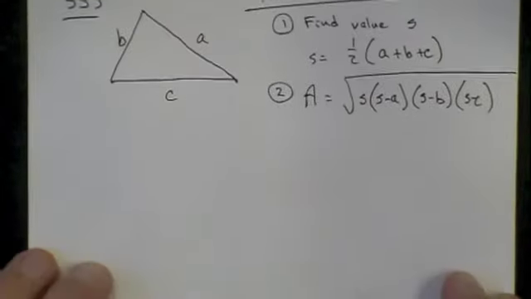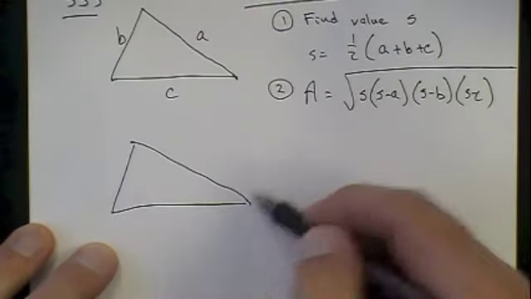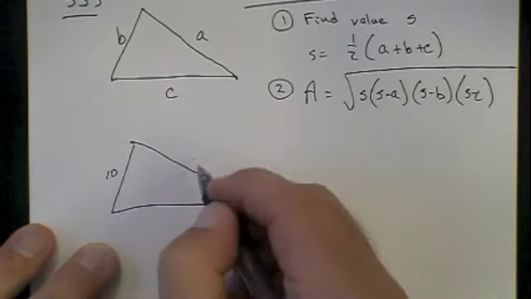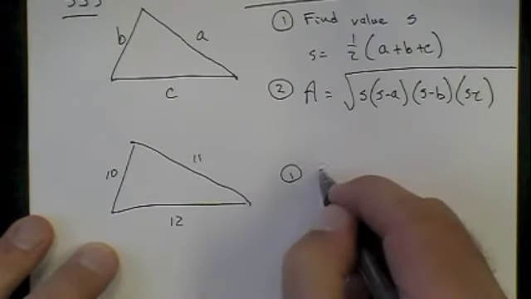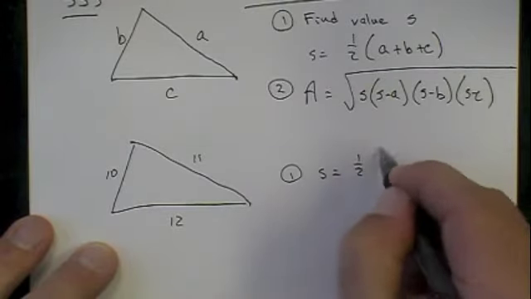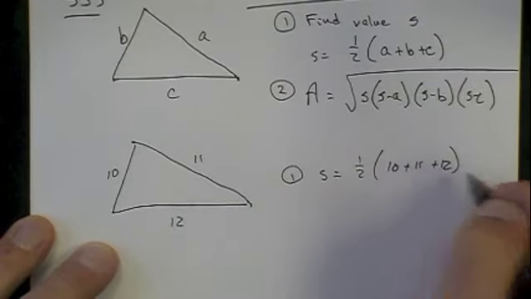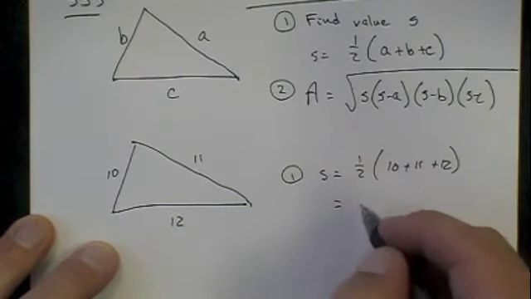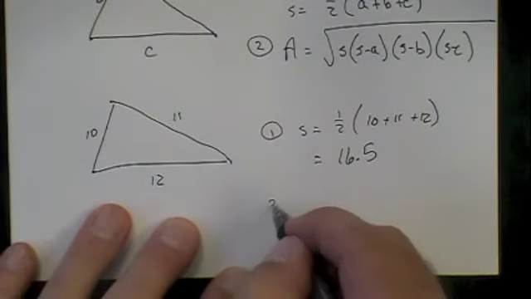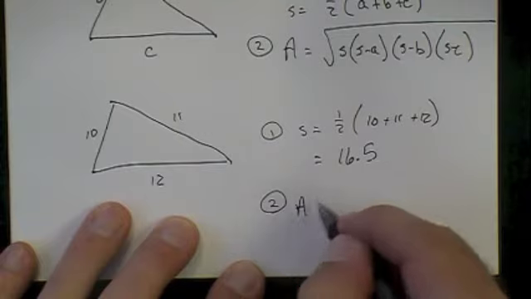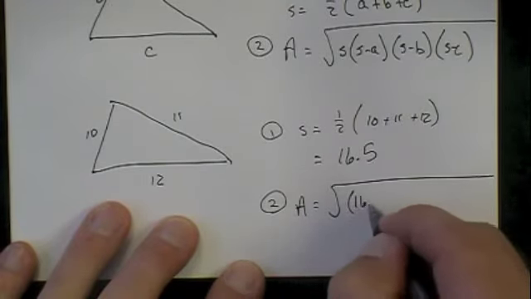So if we have a triangle where we're given all three sides, and we have 10, 11, and 12. Again, first we want to find S. S is going to be equal to 1/2 of, we add up all three sides, 10 plus 11 plus 12. And so here we find that S is 16.5. So then our next step, now that we have a value for S, we're going to find the area by taking the square root of, and we'll take the product. So we have S, 16.5,